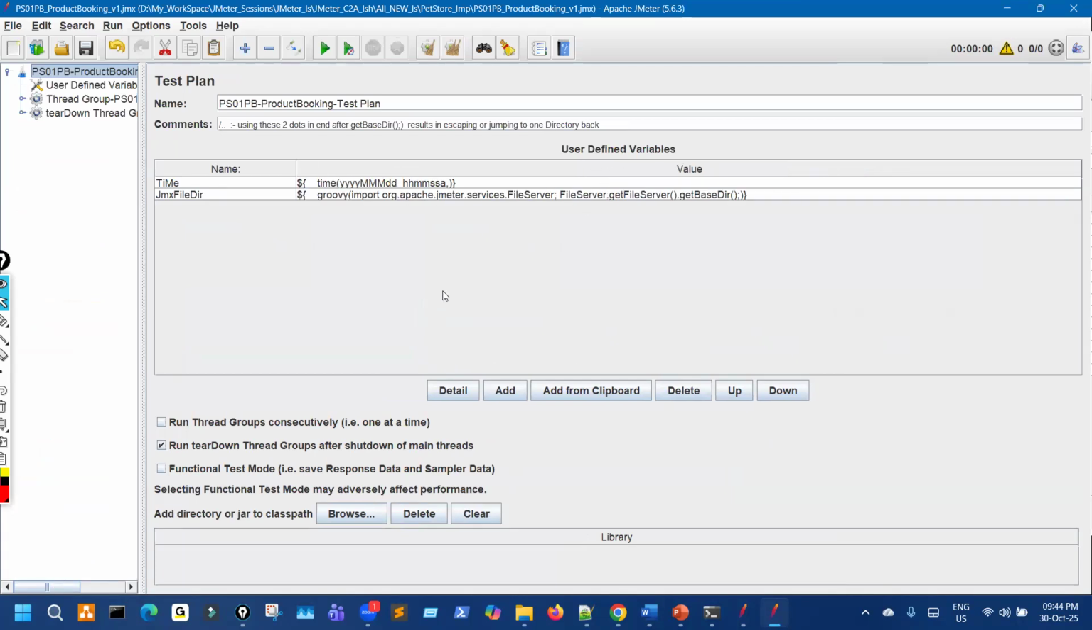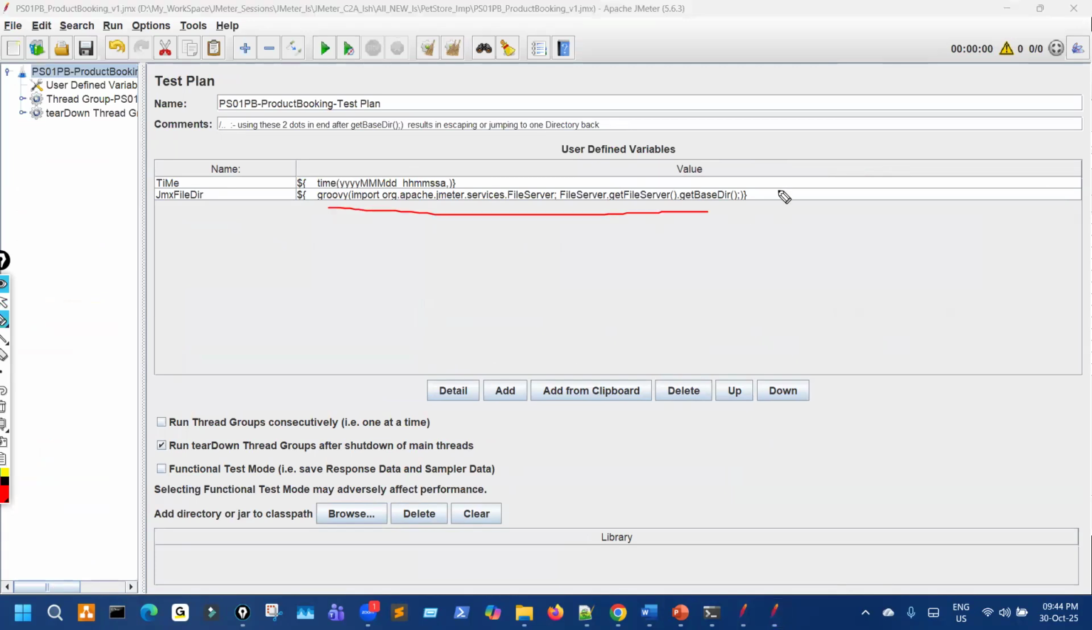So what we have to do is, this is one command. You generally have no need to remember it, you can just keep it handy. Somewhere I'll give you this JMX file, so you can keep it handy. So what we have to do is